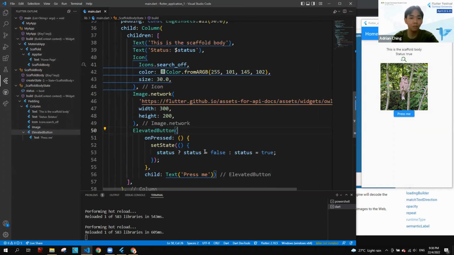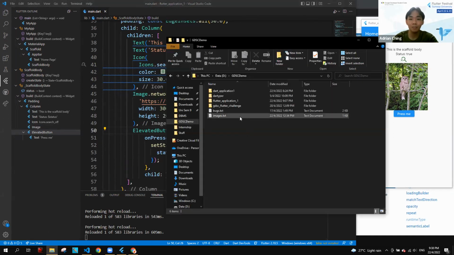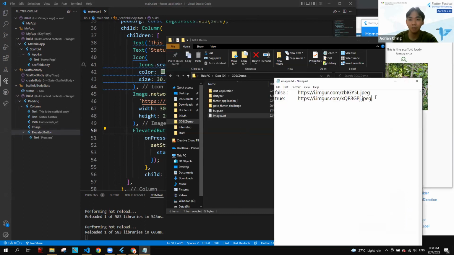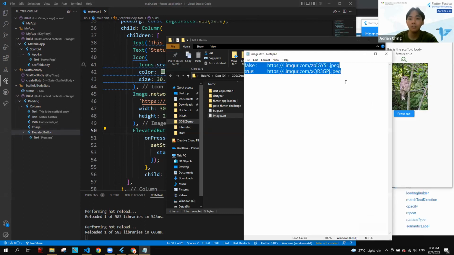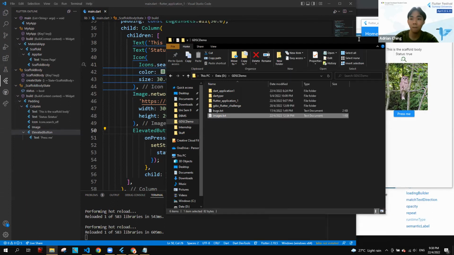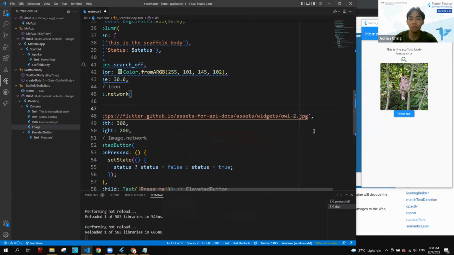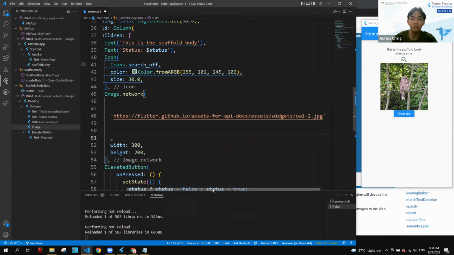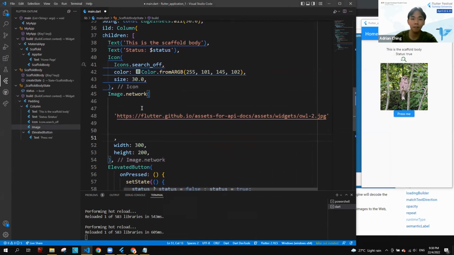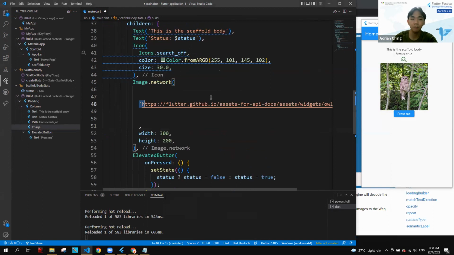I've provided you guys with two images. These are the links. If it's false, you want this image to show. If it's true, you want this image to show. And you are supposed to add the conditional operator over here. Just separate it out, and then inside of this you can manipulate what's returned.